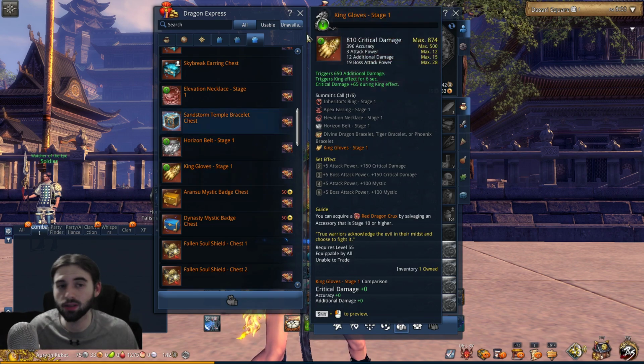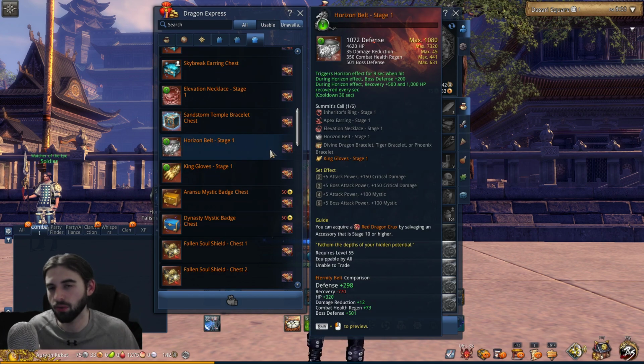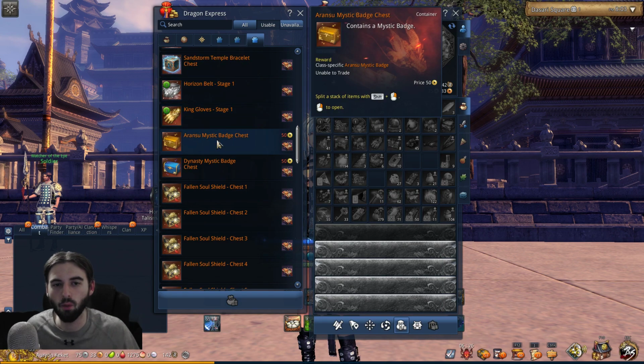Basically, you can get all of your Legendary Tier accessories, or the majority of them, from this event just by running the event itself. You have more than enough currency to pick up all of these as a new player if you're running it every single day. Now, one item that you want to make sure to pick up as a new player, regardless,